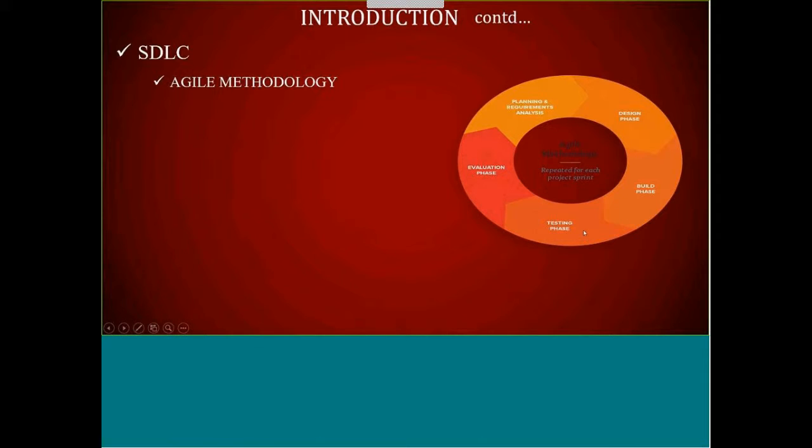So basically, if you guys already know, Agile methodology is typically an iterative one where once the requirements are done, they will do the design phase. Once the design phase is done, the UML diagrams, the UI development, everything. Once that is done, they will build it. They will start writing the code and merge that with the UI, create the DBs, etc. They will do the testing and evaluation phase. Enhancements or anything, it keeps on going.